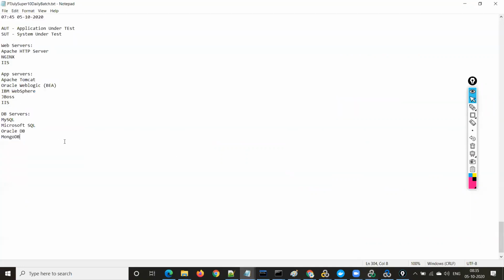So what is this shakeout test or smoke test? Before running the actual load test, we have to do a trial run, right? That is called a smoke test, shakeout test, dry run or trial run. All these are one and the same.